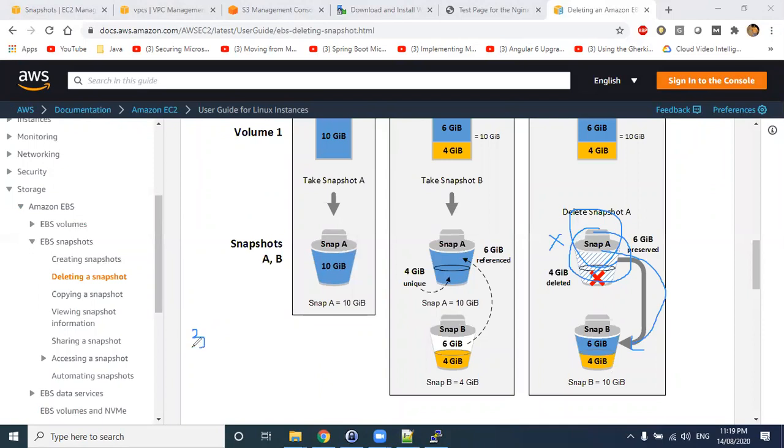So if I back up the third snapshot and delete 1 and 2, this 1 and 2 data, before they delete, they move to this one and then they delete this data. Okay. So you can verify under this one. Just go through this. It will take around 5 minutes to read this theory part. So just go to this documentation after you've done the lab.